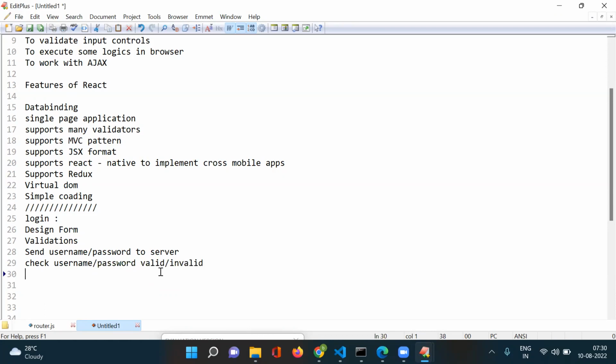Okay, next one: redirect to either welcome or invalid. Yes, these are the steps which we have to work with in this login concept. So if we observe this scenario,